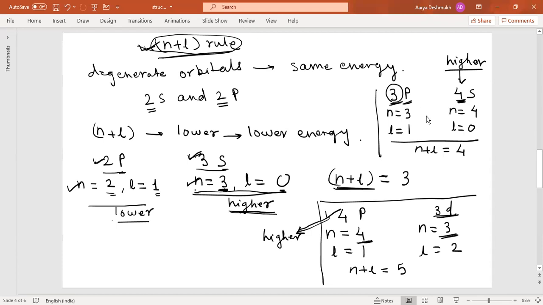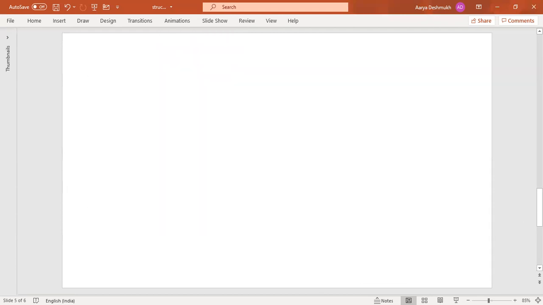Now we come to a very important concept, that is the Aufbau principle. Aufbau is a German word which means the building up. You should be able to draw this diagram without referring to the textbook, on your own. This will give you an idea of how we write the electronic configuration, with orbitals arranged in increasing order of orbital energy.